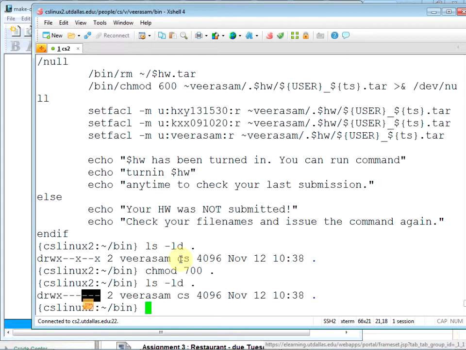It cannot even search the directory. Try this command. Yeah, so no such file or directory.